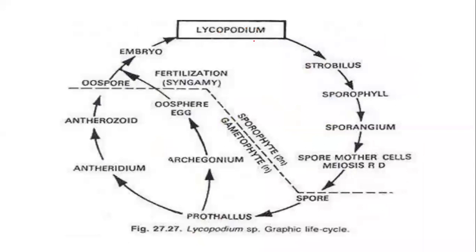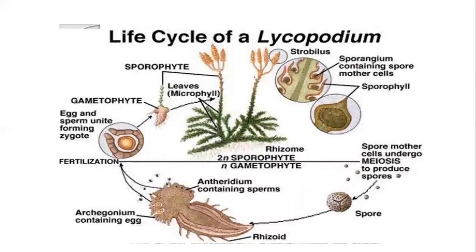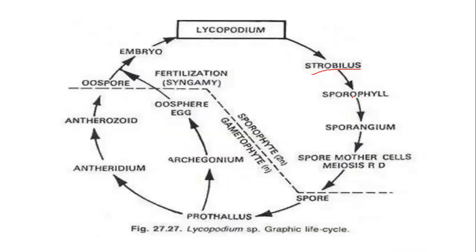So Lycopodium is a sporophyte. On the Lycopodium, we can see the formation of strobili. What does strobili mean? Strobili means a group of sporophylls, the leaves which are going to develop the sporangia. They are all grouped together, forming, I'll show the previous slide here, this is called the strobili. All the leaves are closely packed with one another, forming this cone-shaped structure, the strobili. Okay, next, within the strobili, we can see each one is a sporophyll.